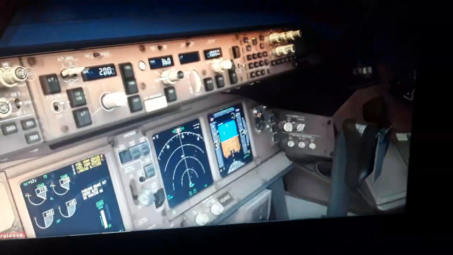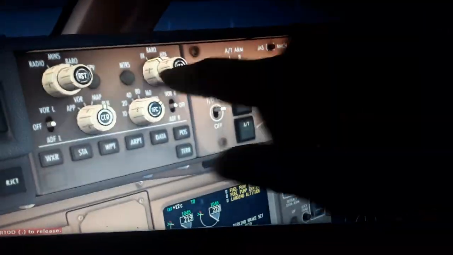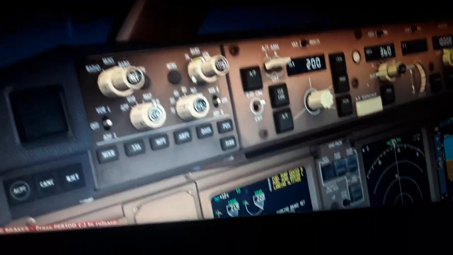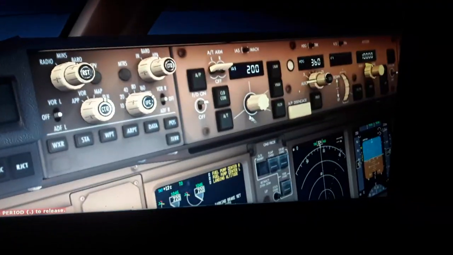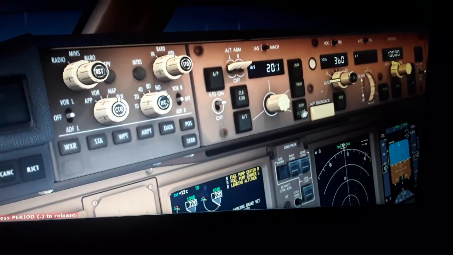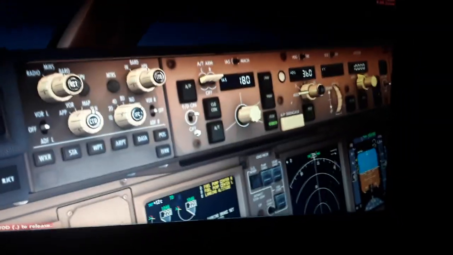So we can change some values here. We can set the barometric pressure in inches of mercury over here, or hectopascals, also meters for display. We can select also, here you can see